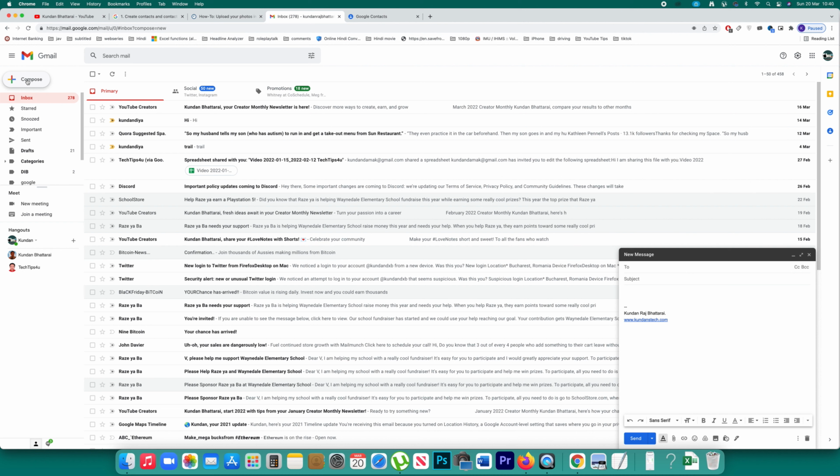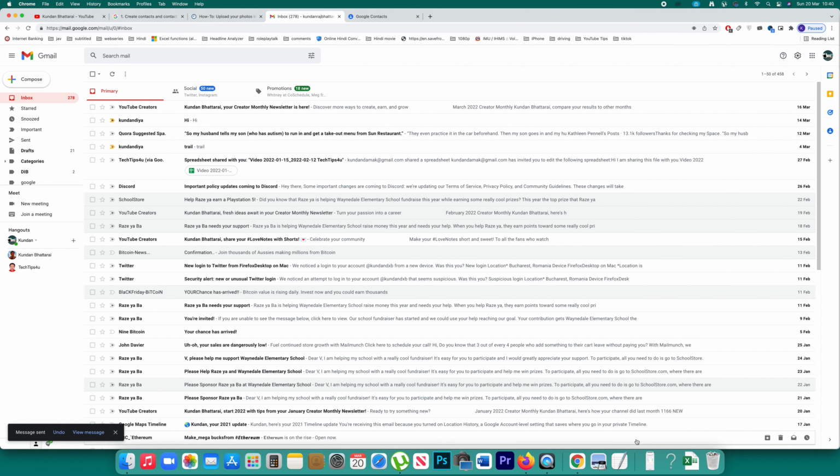After that, what you do, you have to just write the name of the label or the group. So if I write the name of the group, then it will show you all of the contacts that are present under the group. After that, just you can type subject, compose a message, and then send. So once you do it, this same message will go to all of the contacts that are present in the group.